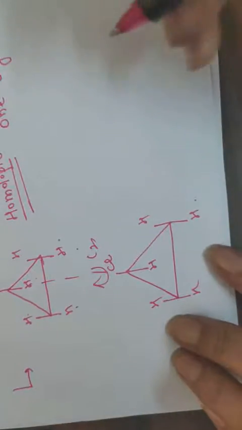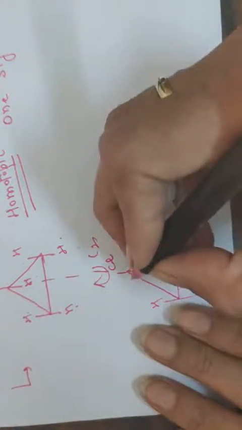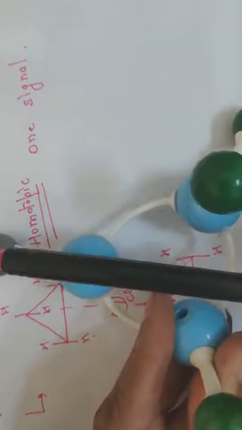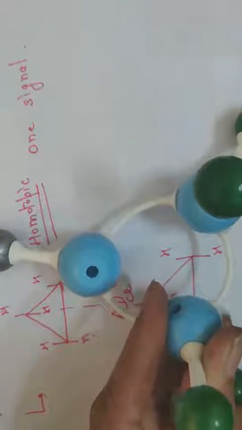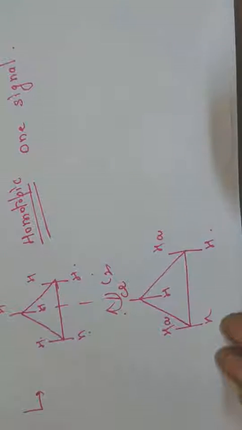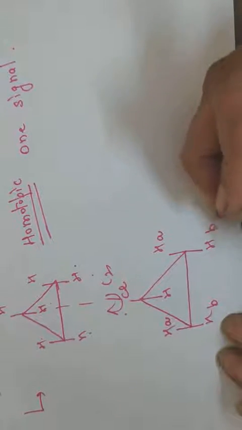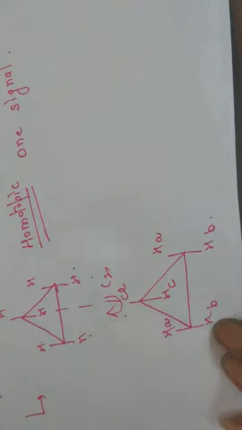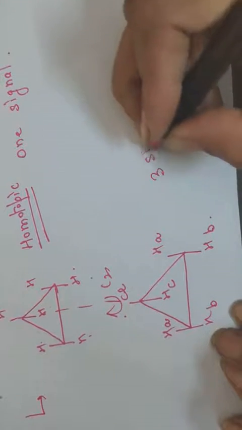But there will be a plane of symmetry which is present. Where is the mirror plane present? If you pass a plane from the center, it should be like this. You are passing a mirror plane from here, from the center. This and this will lie in the plane. This is reflected by this. So since these hydrogens are reflected, these are similar, and this is B, this is B. This is similar to this, and this is obviously different. So how many signals will be there? 3 signals.